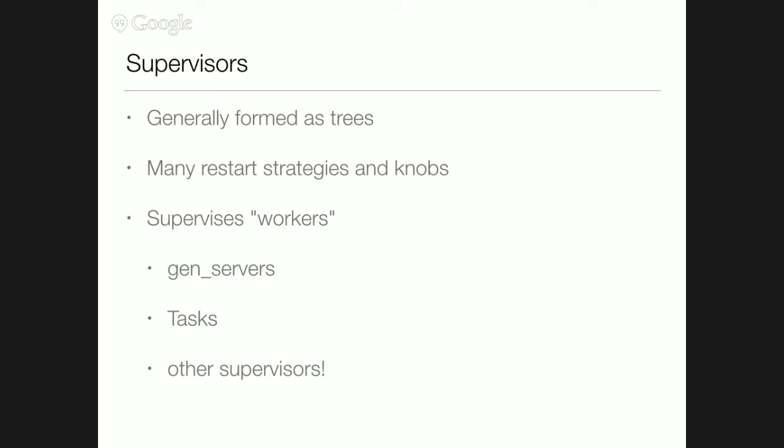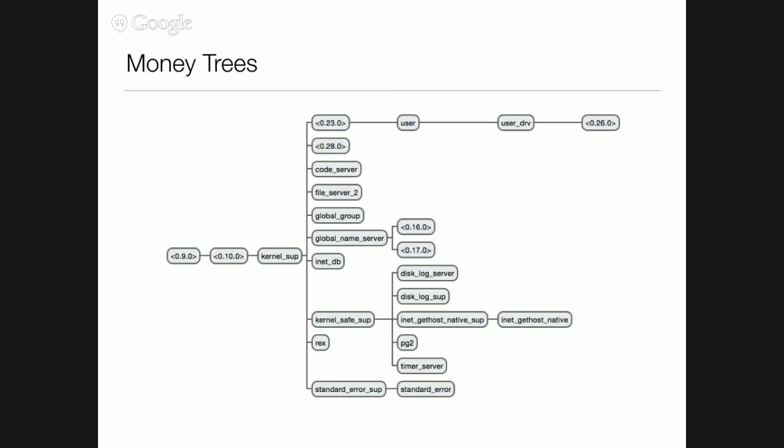So another thing with Elixir is we have tasks. And tasks are just a kind of sugar wrapper around processes. They basically let you pass these things around, and it's really just a reference to what it is and a PID. And then they built some other stuff on top of that, but the task stuff is great. And then, like I said, you can supervise other supervisors. So this is